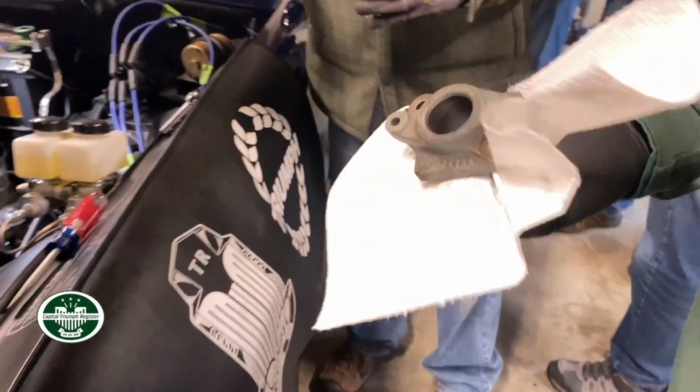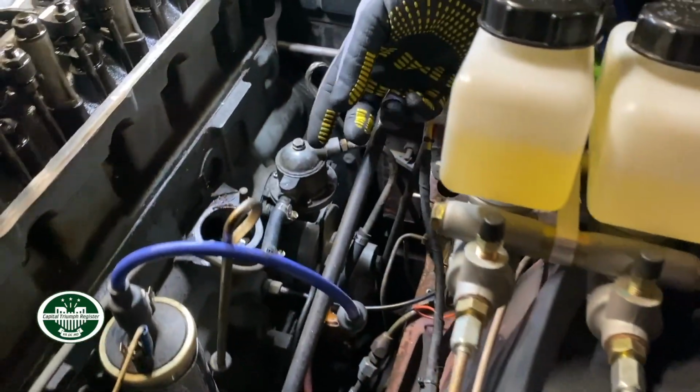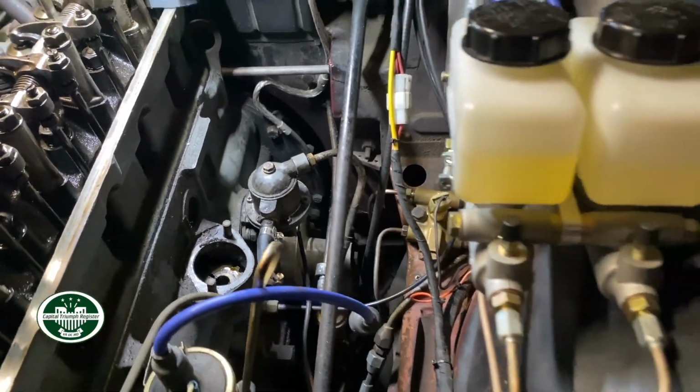This comes out, just disconnected. You see where it's going to come out this way. So the best way to do it is with,